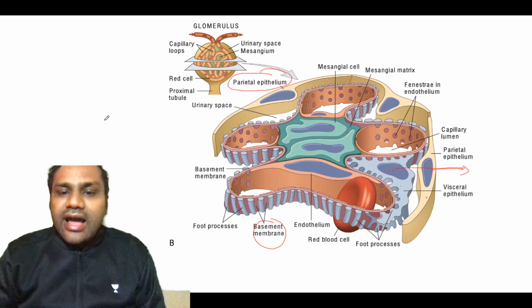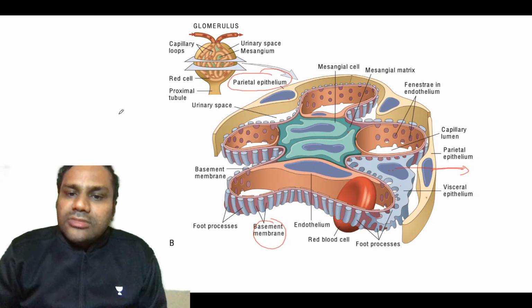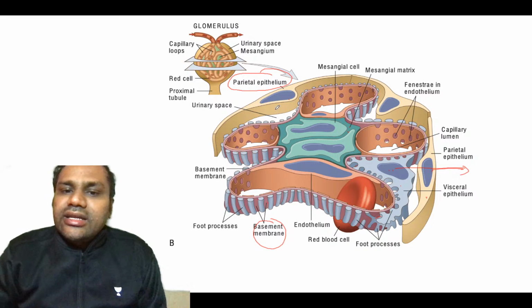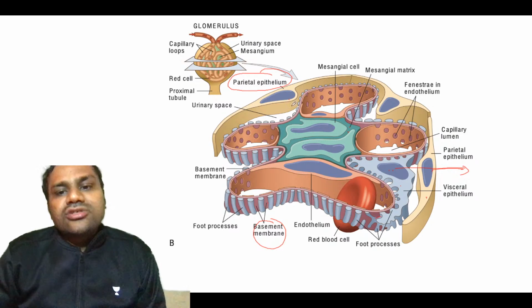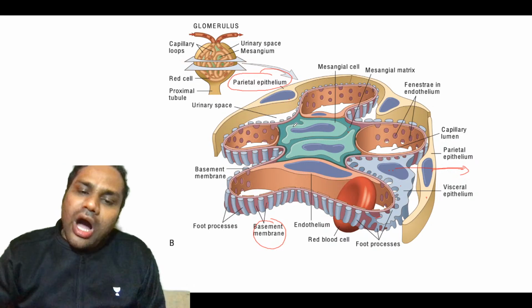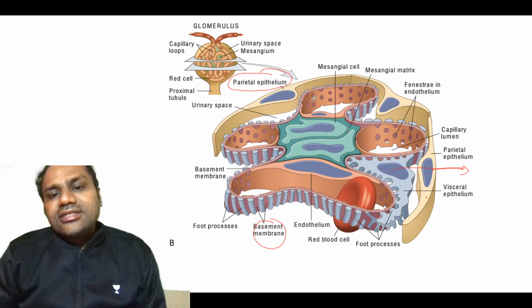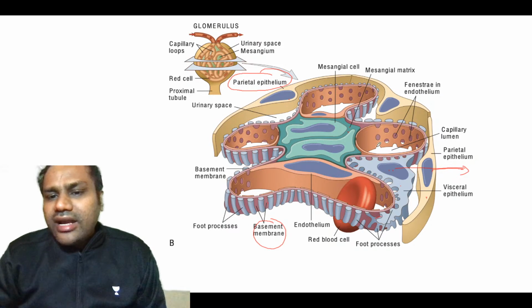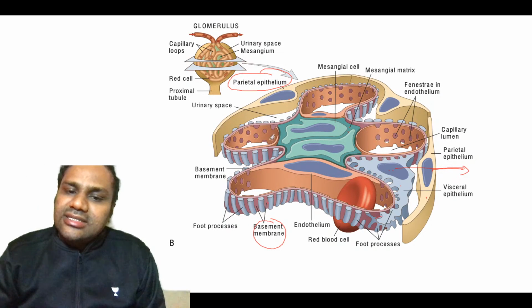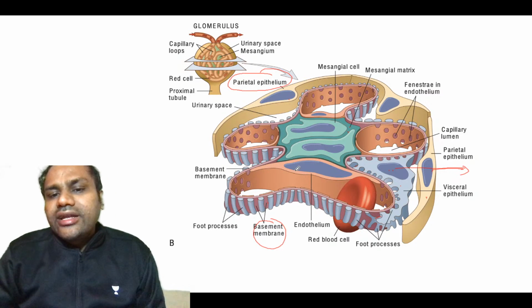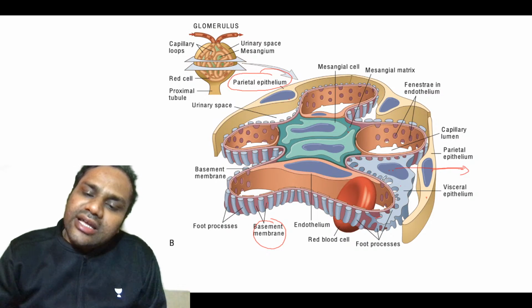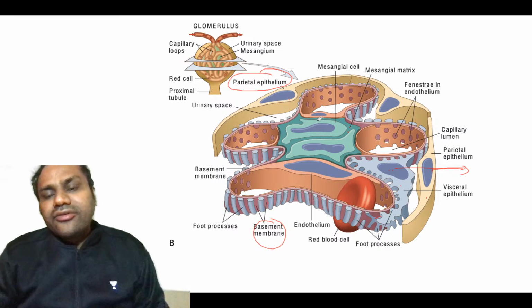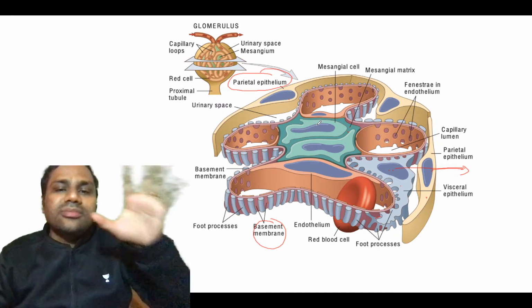Now we have covered all these structures. The first thing you need to know is that whenever there is a glomerular disease, how will the disease occur? Either the cellularity will increase in the capillary loop, in the mesangial region, or outside the capillary loop. The glomerulus will be highly cellular or minimally cellular.